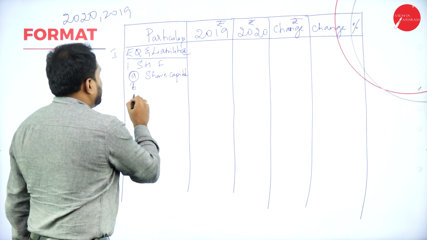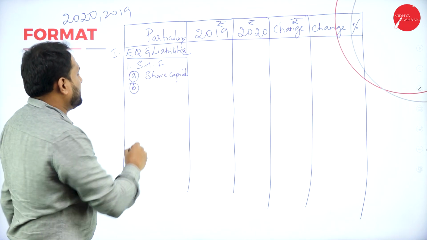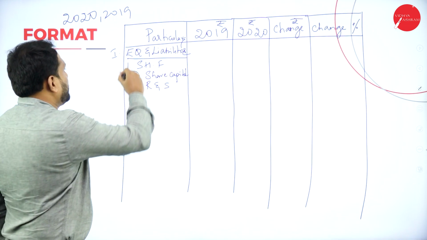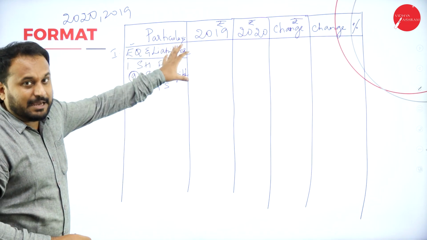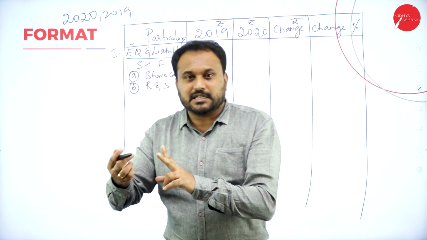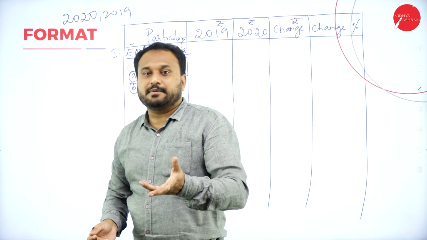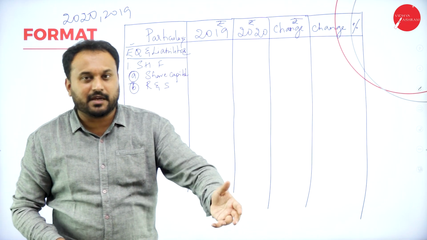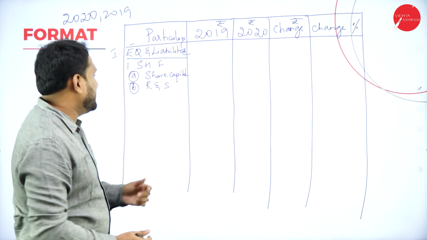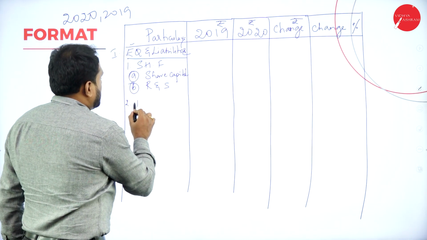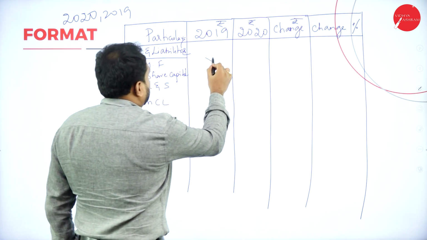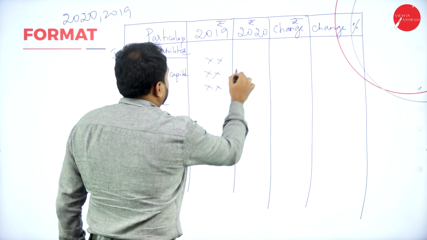Done. Next, B is there. After share capital, you have reserves and surplus. Done. This is what equity is done. Next we have liability. Now I told you liability, there are two: non-current liability and current liability. Current liability, very short period you are supposed to pay back. Non-current liability, whichever you have time more than 1 year. So I'll put here second one, non-current liability.